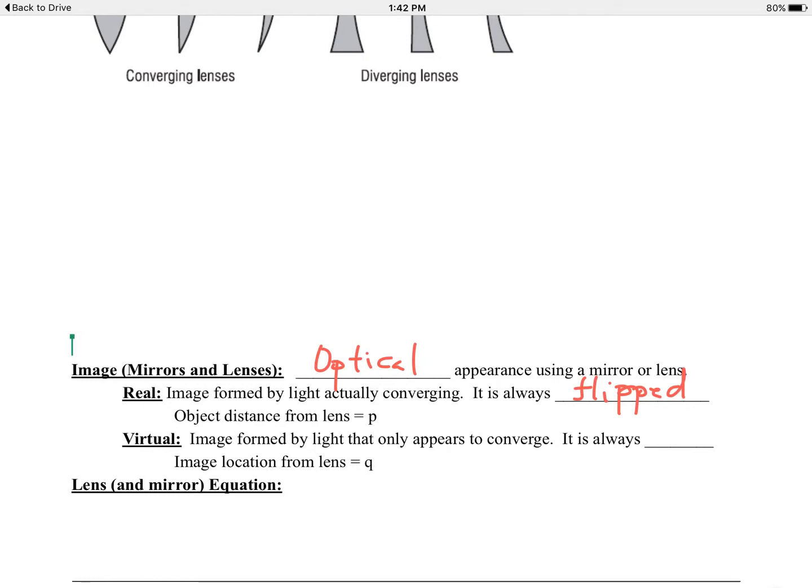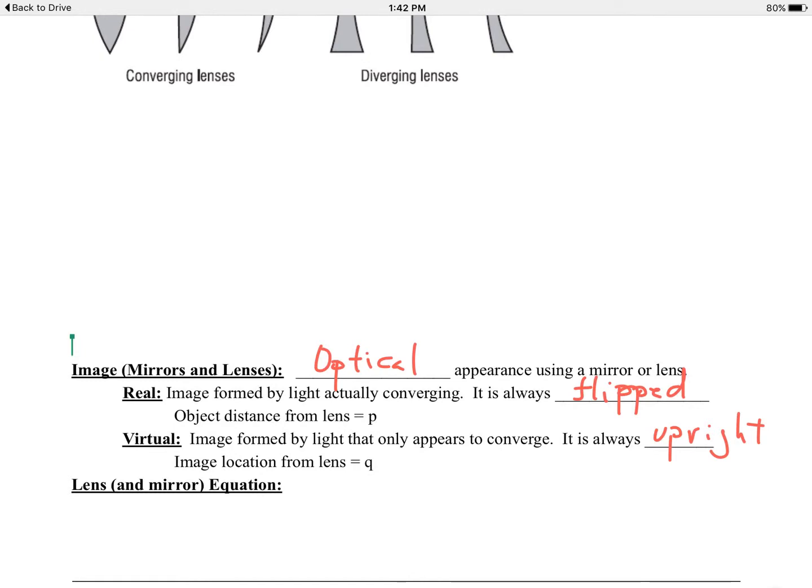And we can measure the object distance from the lens. We use this lowercase p to measure this distance. I'll show you an example in a minute here. And then the virtual images, which are formed by light that only appears to converge. Flat mirrors always do this, but now we're talking about lenses, and we'll show you some examples. But virtual images, like with mirrors, are always upright, not flipped. When we measure these with a ruler, we're going to refer to this measurement with a lowercase q